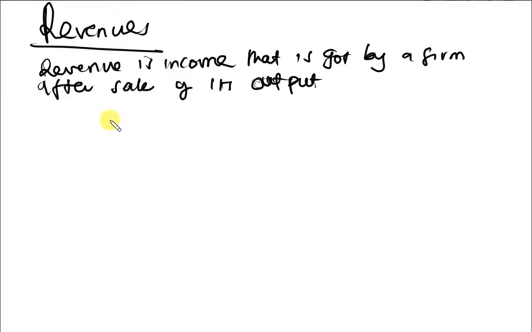Now we have types of revenue. Revenue is measured in three ways. We have what we call total revenue. Revenue is just money you get after selling, the income you get after selling your output. Total revenue is the total income